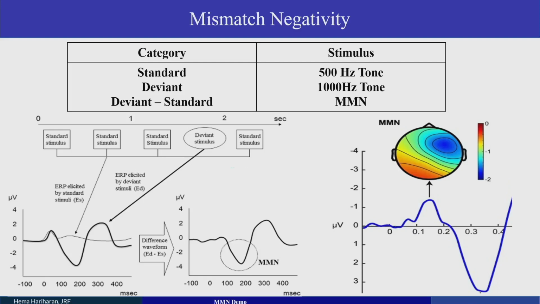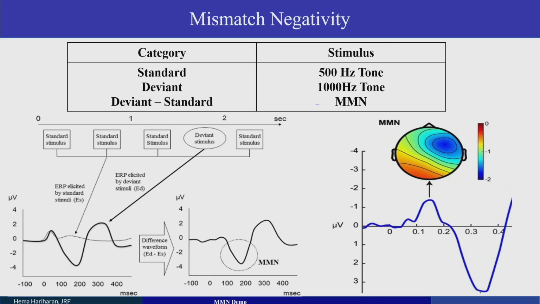In this figure, the left panel is shown with negative down and positive up. Here you can see a perfect peak at the 200th millisecond, and in the other one there is a peak between 100 and 200 milliseconds. These are two different